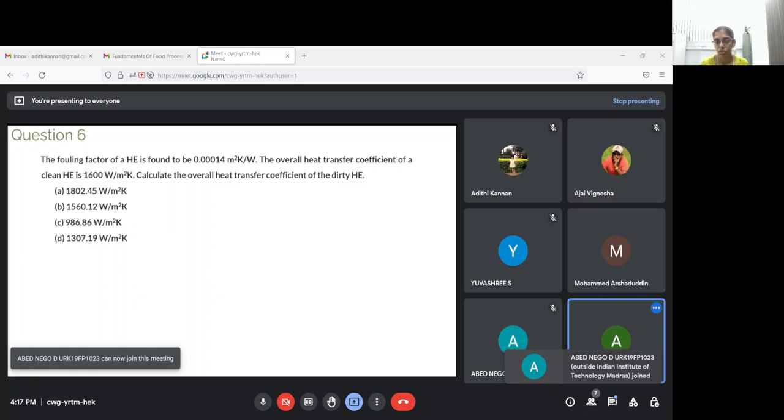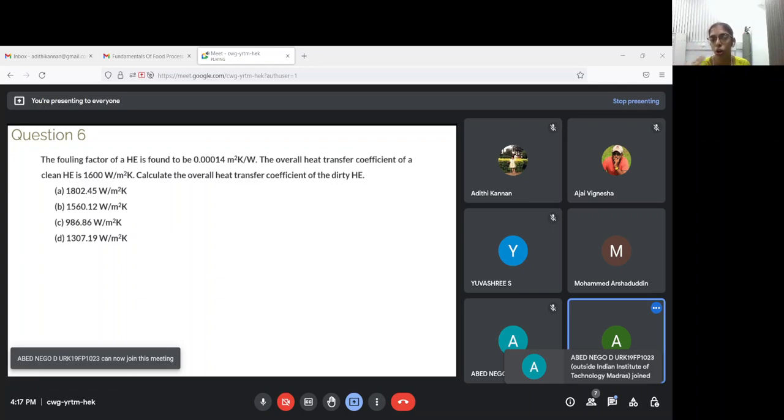So when do you consider a fouling factor? What do you decipher from the name fouling here? So when you repeatedly use a heat exchanger, since it's getting heated and everything, you will have a lot of dust particles, ash, soot, any kind of deposits. So there'll be a lot of scale formation happening because some things are getting deposited on the walls